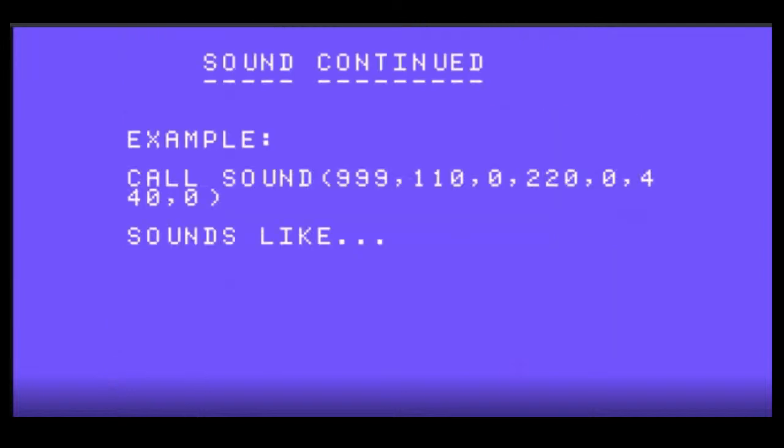Sound continued. For example, this is multiple notes played at the same time. For example, call sound 999, 110, 0. That's one note for a duration of 999 milliseconds at a frequency of 110 at a volume of 0, which is the loudest the TI does.